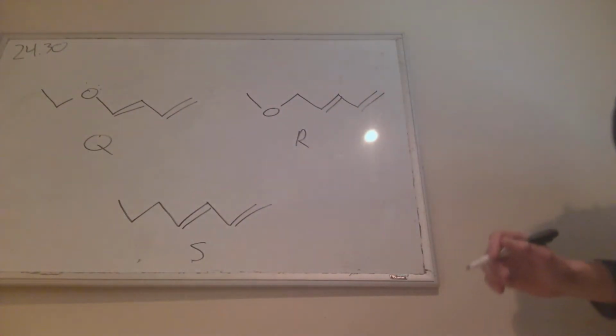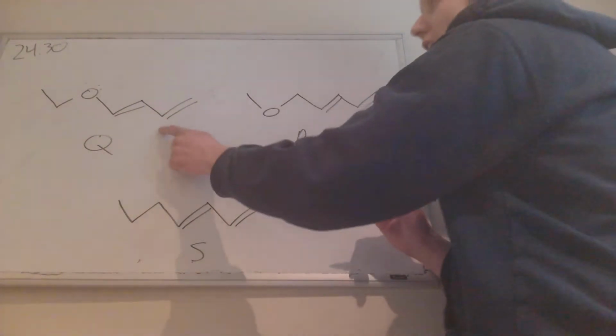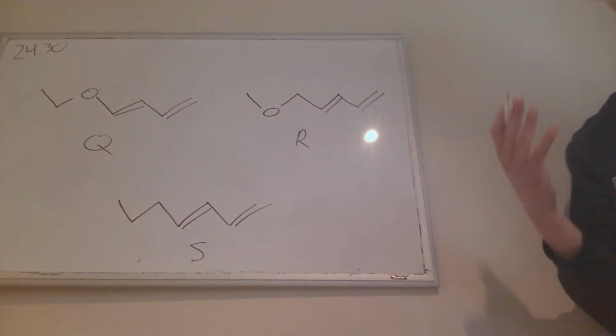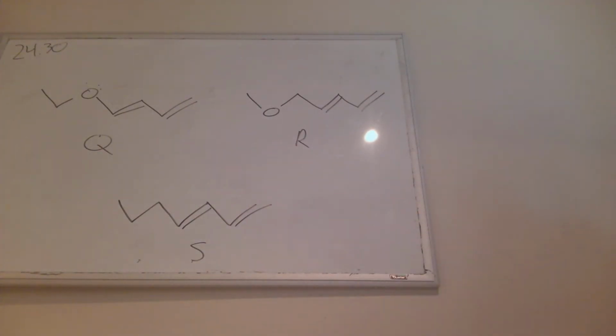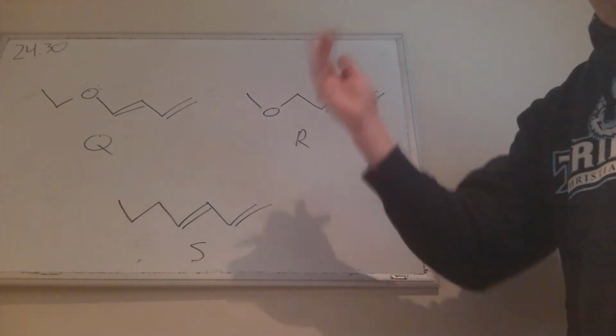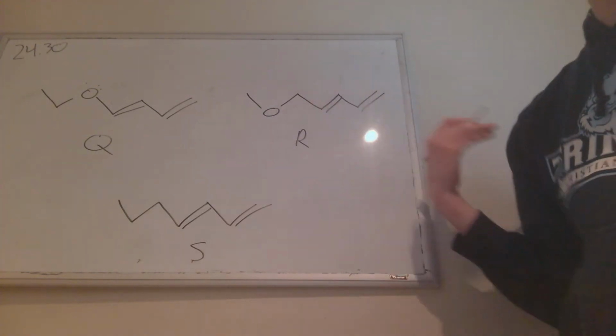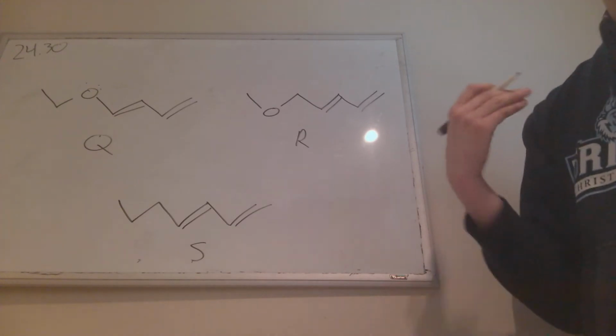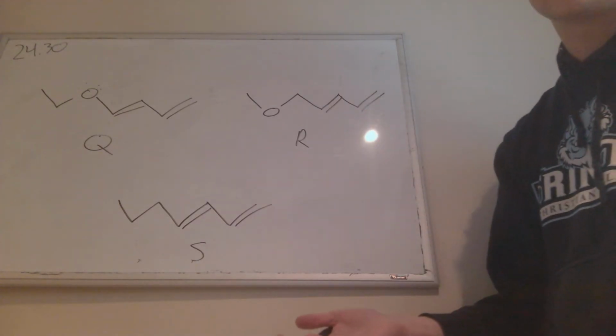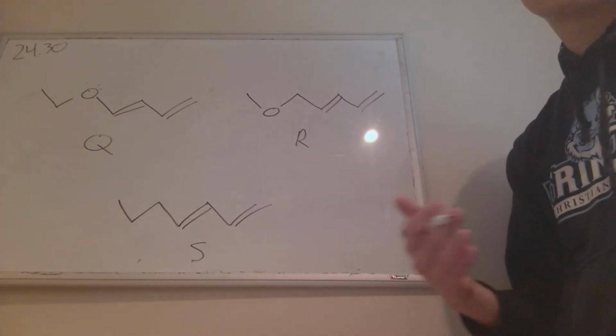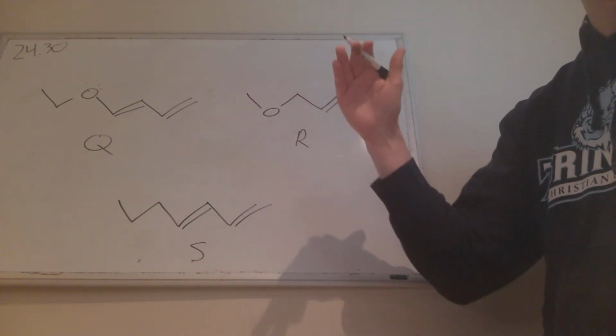So we had a question on 2430 which asks which of these dienes would react the fastest. Remember, when we're looking at the dienes, generally we're trying to elevate the electrons that are in the HOMO to a higher energy, and that will allow us to react more readily with the LUMO. Anything that adds more electron density into the diene is then able to increase the energy of the HOMO and